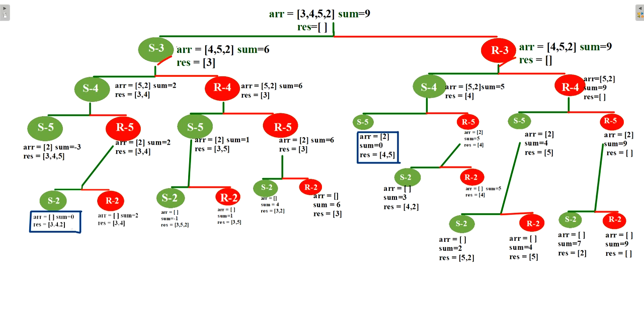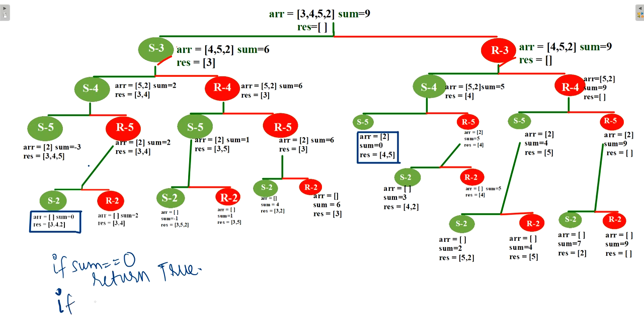Now as recursion is a bottom up approach, we will calculate with the help of recursion how many subsets we can get. So let's see how to do it. Here we got array empty and sum is equal to 0. I have told you if sum is 0, it will return true, because if sum is equal to 0, that means we got our subset from the array.